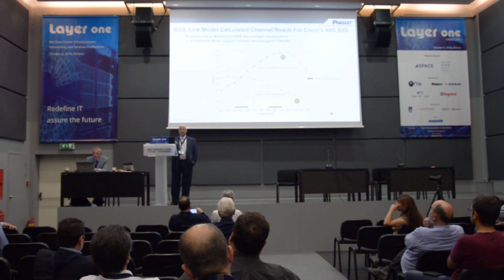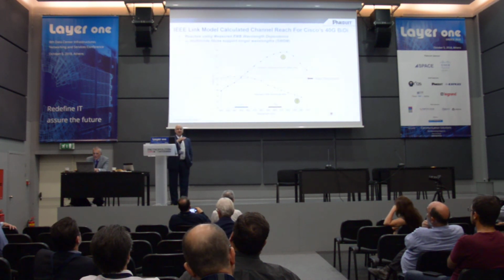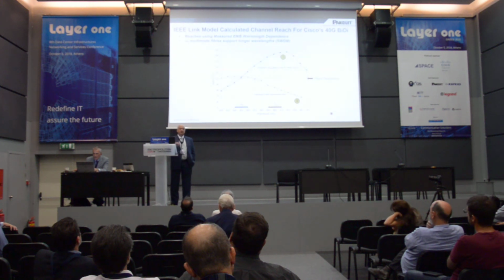And what you can see is that the fiber that has alpha 2, which has very low bandwidth at the longer wavelength, will not support a 100-meter reach, which was the requirement for Cisco's BiDi, whereas the alpha 1 fibers do. This is because, in fact, let me hold off